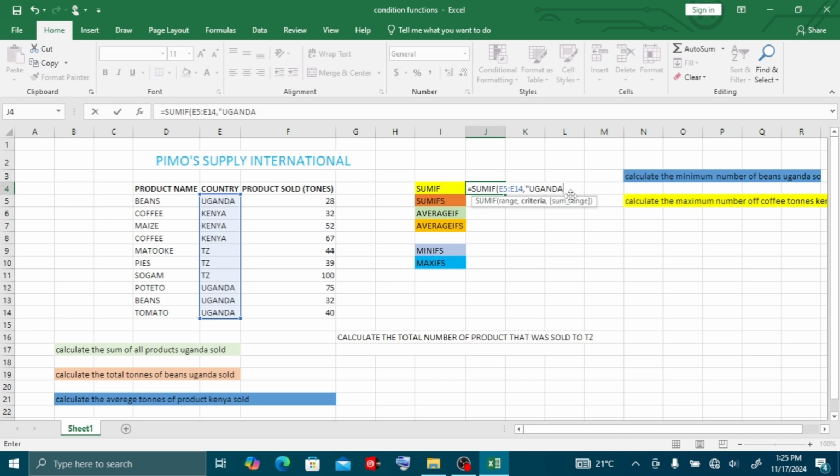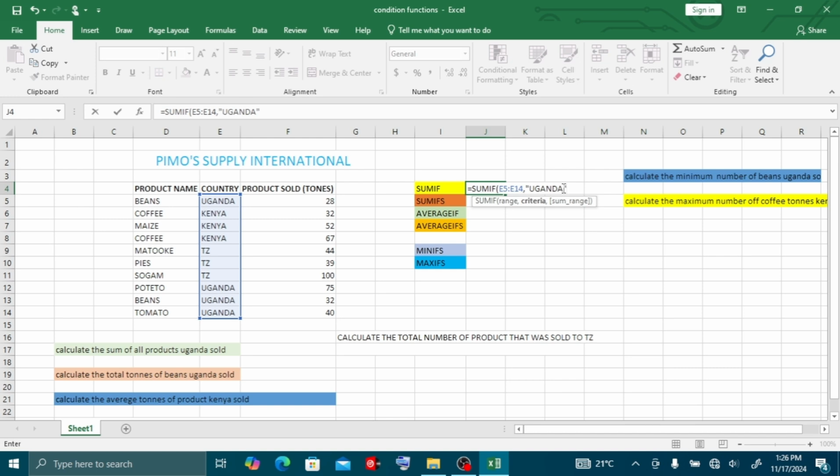Remember, the formulas are case sensitive. If the range has a capital letter, even here should be a capital letter with correct spelling. If you remove this A, the function will be considered as false.